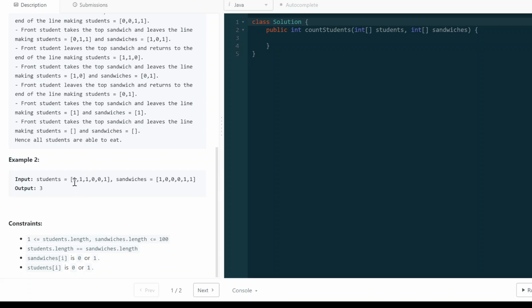One thing is, let's say here in this question, it says three students will not be able to eat any sandwich at all. And why so? If you see, the number of ones is four. Students who like sandwich type one is four, and sandwiches of type one is only three. So of course one student will not be able to eat, right? And for here two, and then here three,